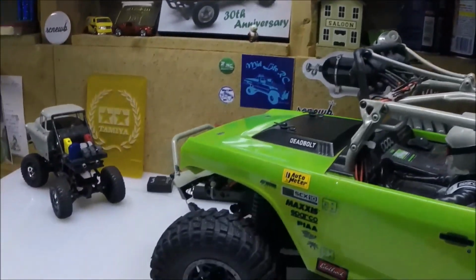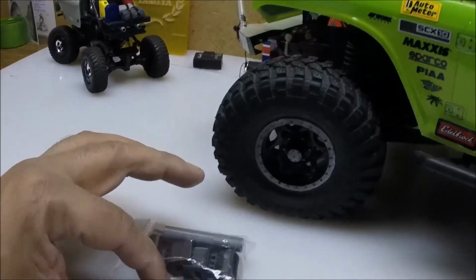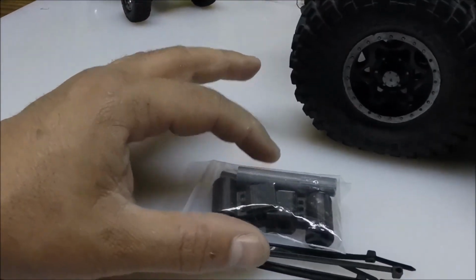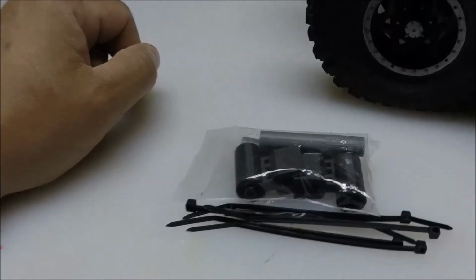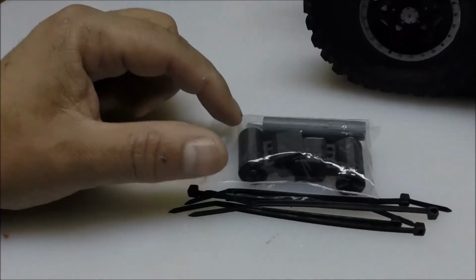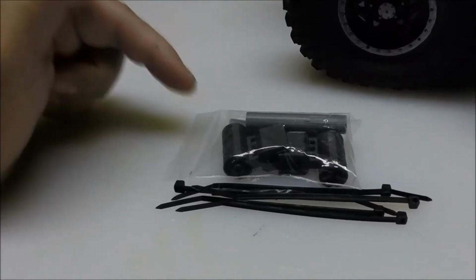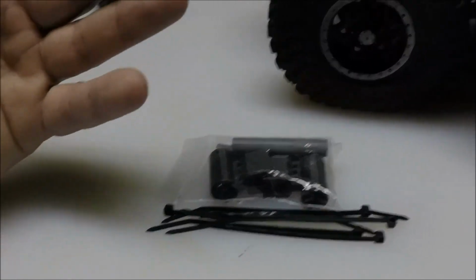A little special gift I got from my buddy Tim Gluth at RC Newb. This is how it came packaged up, with some zip ties and some 3D scale accessories. Looking at it, you could say, "Whoa, what is that? Not really sure what that is." Well, I know what it is already because he told me when he was sending it. It's dual exhaust pipes for the SCX 10 in general,